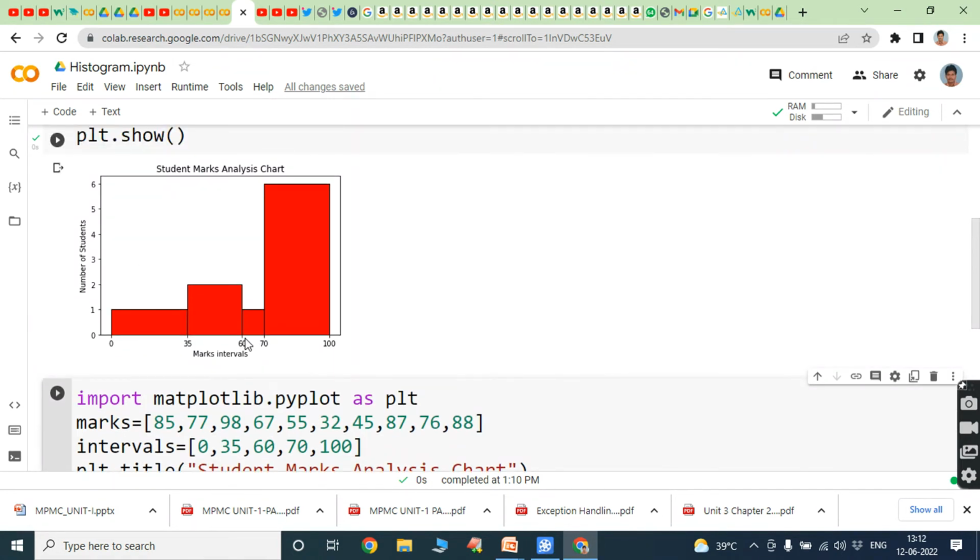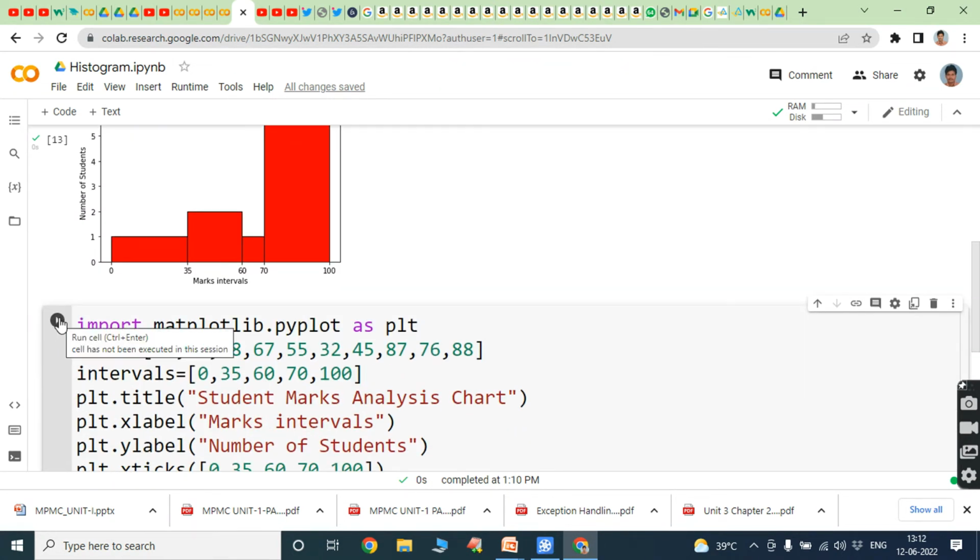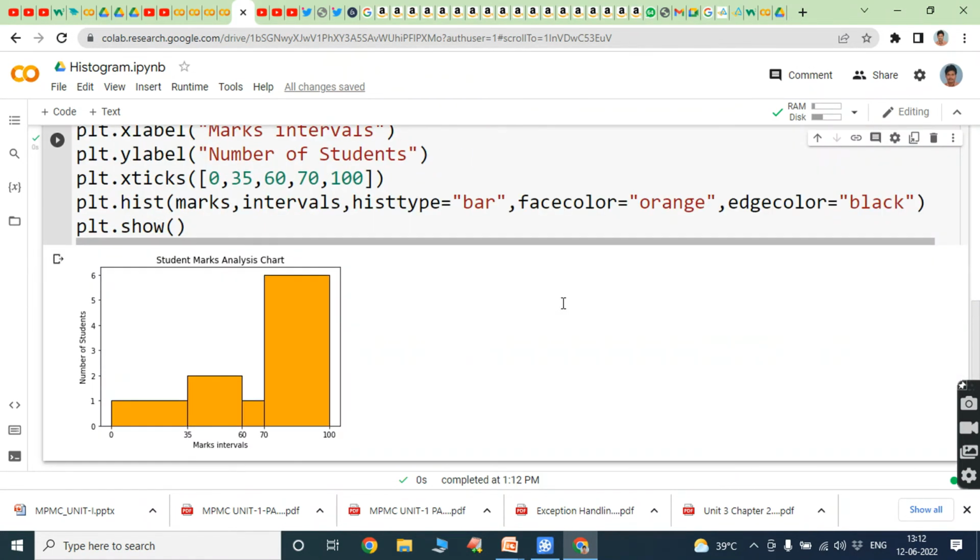Okay. Now how this diagram can be changed by executing this code. So see this one. Hist type is equal to bar. The above code can be changed by using another parameter called hist type is equal to bar. Okay. Next one is